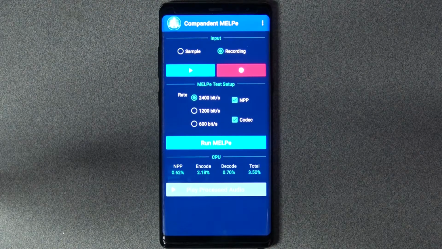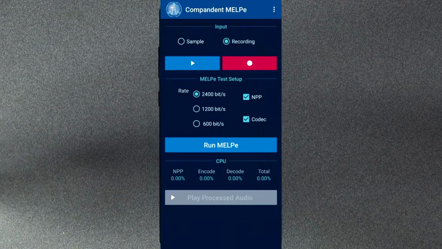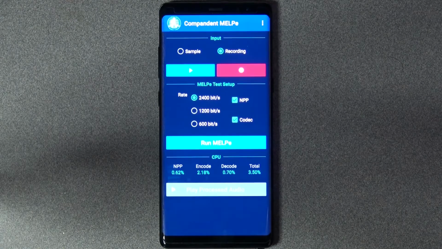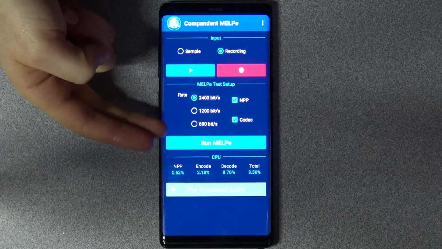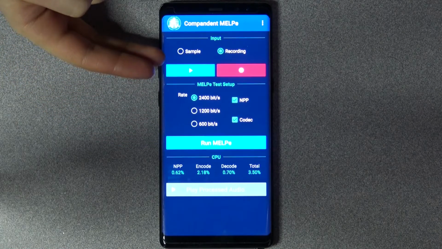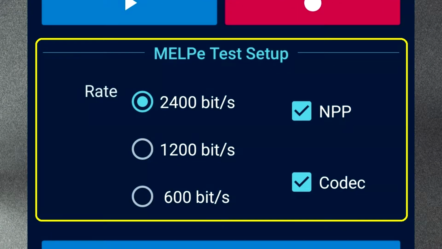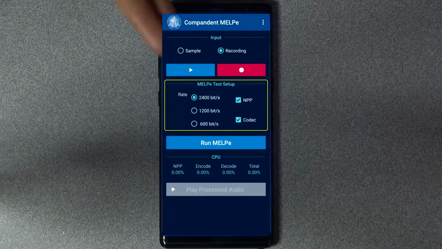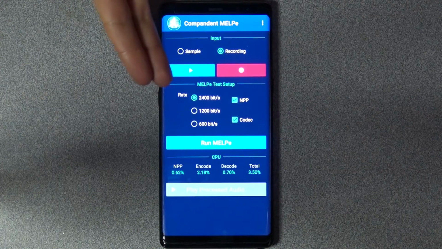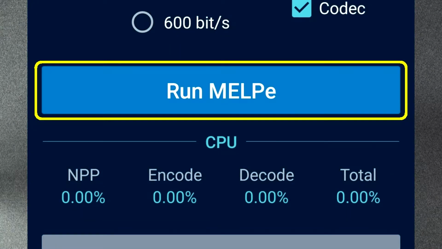Once you have completed recording your input file, the Play and Run MELP-E buttons are activated. Again, now you can configure the MELP-E test setup as desired, and run the MELP-E processing.